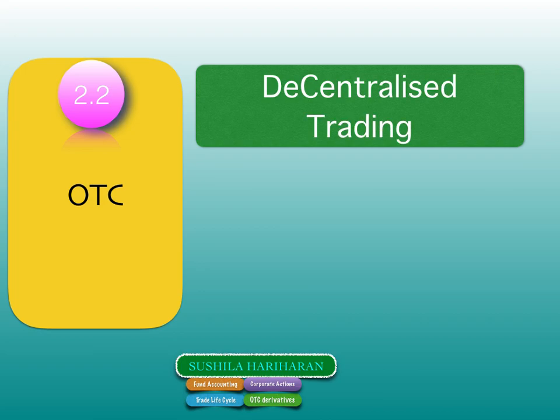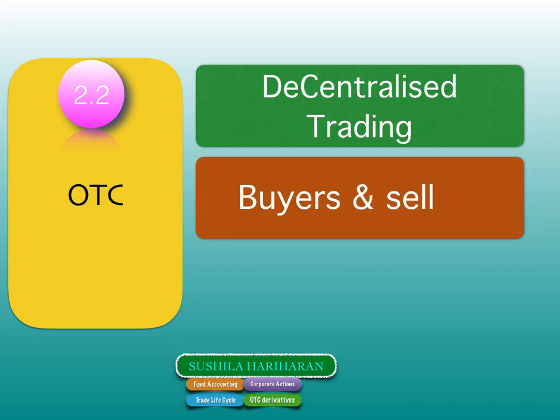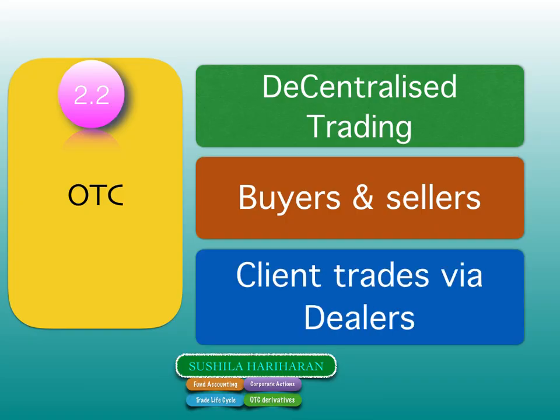Decentralized trading means there is no centralized routing of the orders. A buyer and seller have to find each other. They have to discover each other. They have to know that this party is interested to trade in that particular security because there is no centralized matching of orders. The client can trade either directly with each other or they trade via dealers who are members